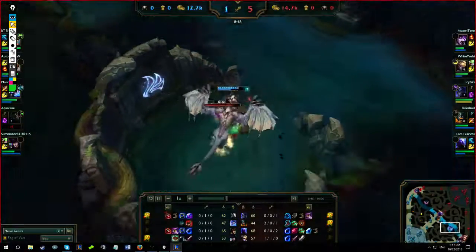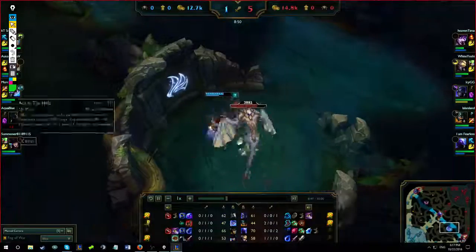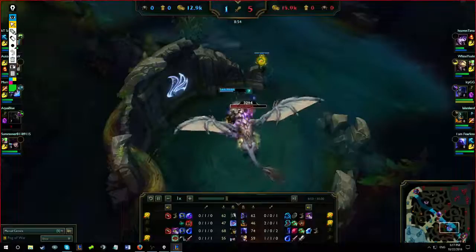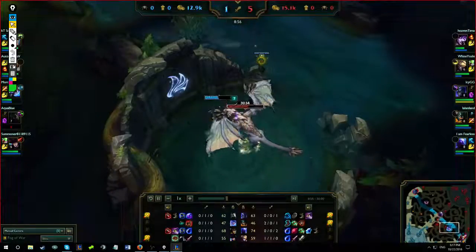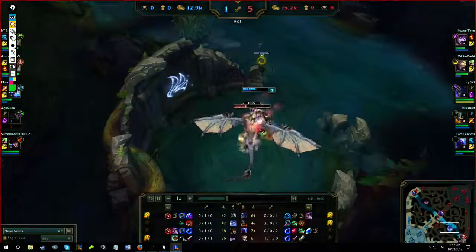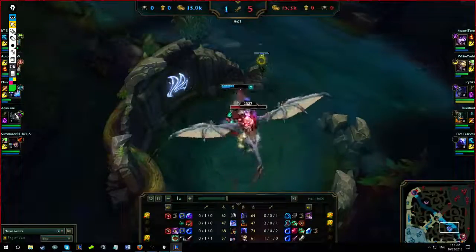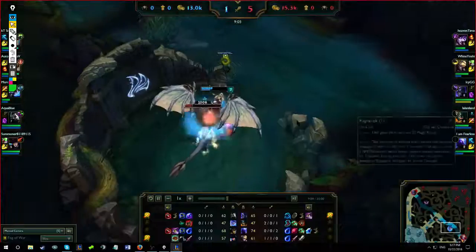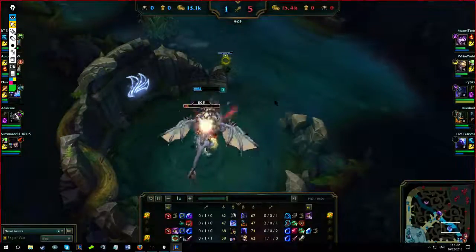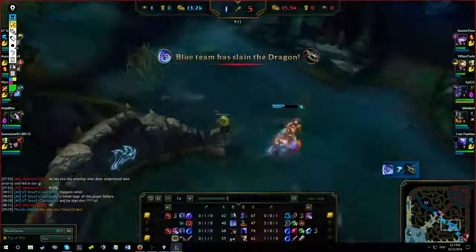See, last night, Game 5, SKT had 3 Air Dragons in a row. Yeah, I think Air Dragon's actually really strong. The flat movement speed adds up. It feels really nice. But Rox actually had triple Infernal in the first game, and they lost because they had such a gold deficit. Anyway, here you should